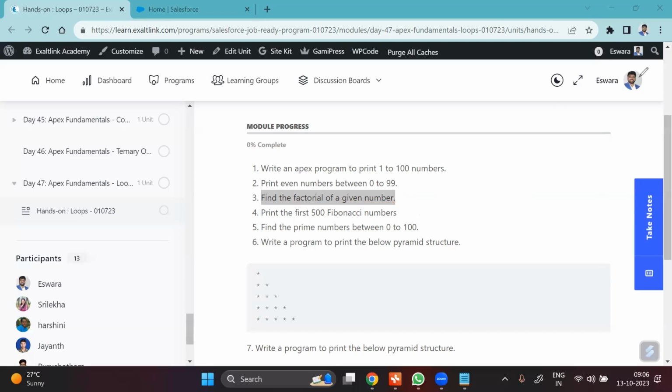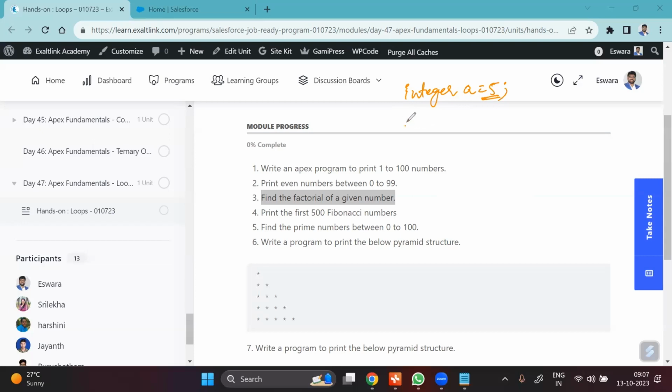So now let's quickly see the logic of it. Say for example, integer a is equal to 5. We want to find the factorial of this, so we want to find the factorial of 5. Now we have taken the 5 here. So then what do we have to do if we want to get the factorial? The logic is very simple. So what can we do is